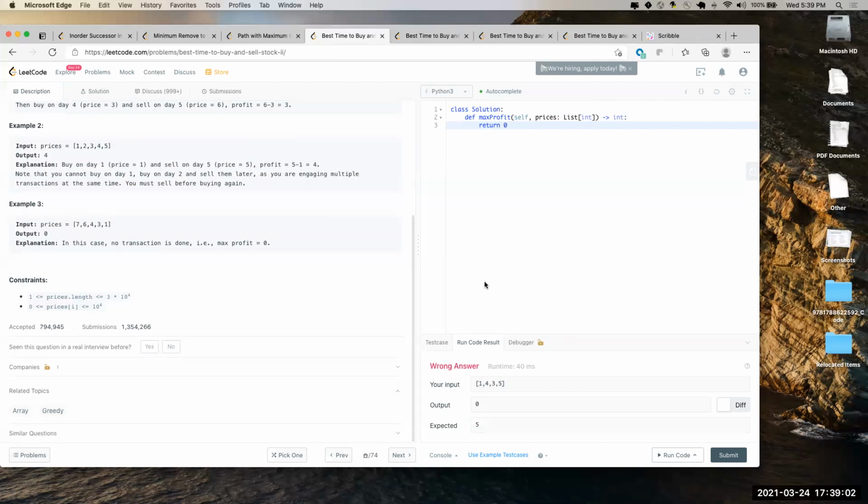But is there no way to do this without this technique? Is there a brute force to do this without using what we came up with right now? We got this one, but I'm still struggling. I wouldn't actually draw a graph. I would first come up with my brute force. What is going to be my brute force here?